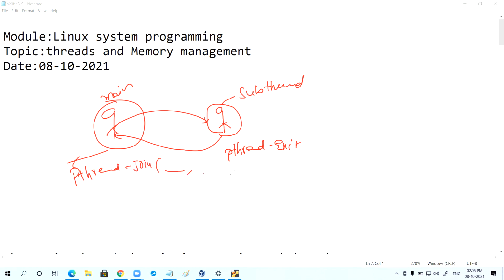Can you tell me what is the second argument of pthread_join? Address of a pointer. Will you agree? You need to pass an address of a pointer, because in the prototype you might have observed a double pointer there.